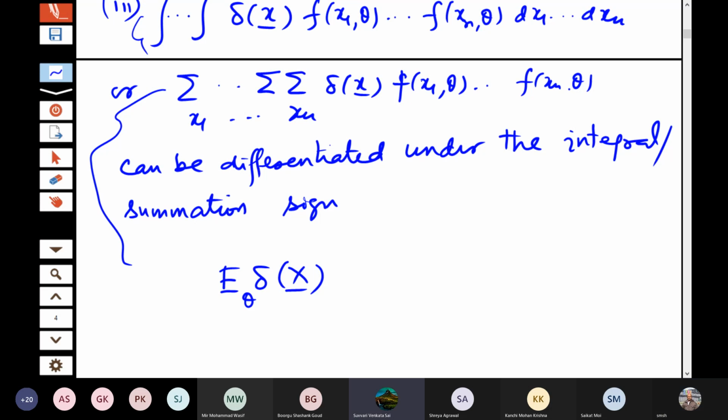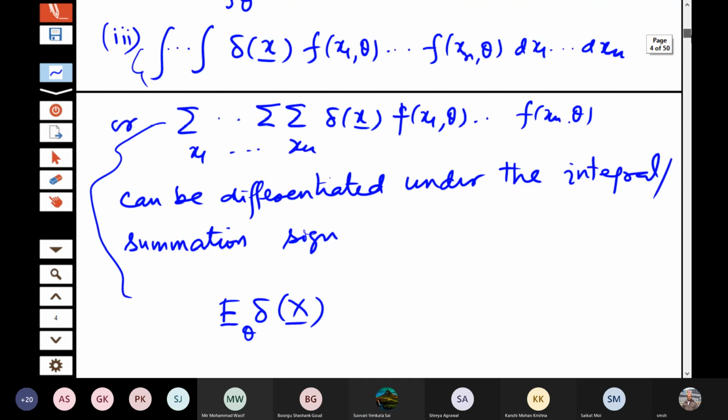For the partial differentiation, sir. In the term, condition 2, this is a function of theta alone because x are integrated here, the xi's are integrated. So this is a function of theta. So I am saying this can be differentiated under the integral or summation sign with respect to theta. Because this is a function of theta only, x will go away because you are integrating or summing with respect to that. Sir, I was asking about condition 2, where you said the partial differentiation.